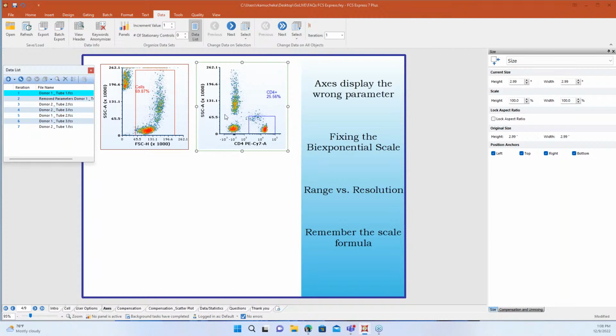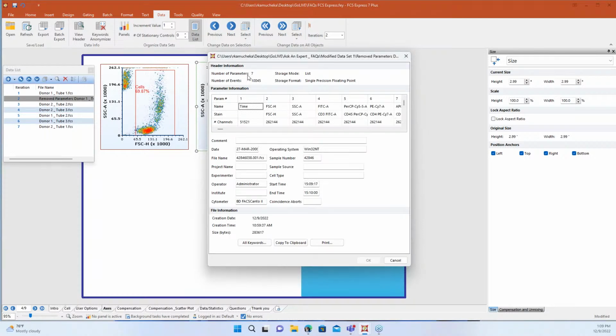This plot on the right is the one I want you to focus on. We have side scatter and CD4 with my first data file. This is how I created my layout. I've got this new data file from my new experiment, and when I load it, it's now saying CD19. My side scatter was maintained, but I have CD19 here, and I'm expecting it to be CD4. When I look at my gate, it's still CD4, and I'm like, okay, what happened? This goes right back to how FCS Express remembers those parameter names. If I view the header here, I see I have 7 parameters with this data file. That means that number is how my layout is remembering parameters in this specific layout.